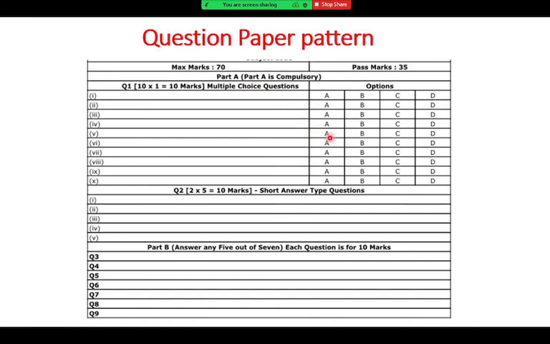The pattern will remain like this only. So 10 MCQs will be there. Then 2 marks, 5 questions. That will be short answer questions. These questions are like the previous examples we saw in beta and gamma, so that type of questions will come there. And lastly, you have to attempt any 5 questions from the given 7. So from question number 3 to question number 9, you have to attempt any 5 questions. So here you have